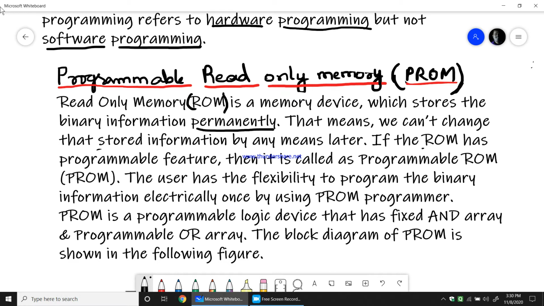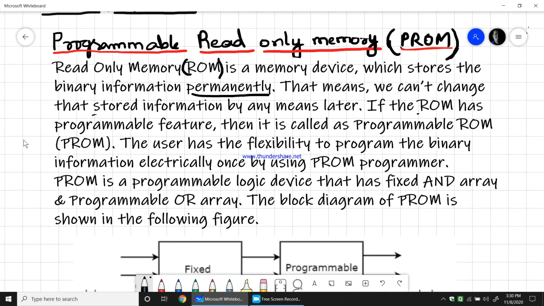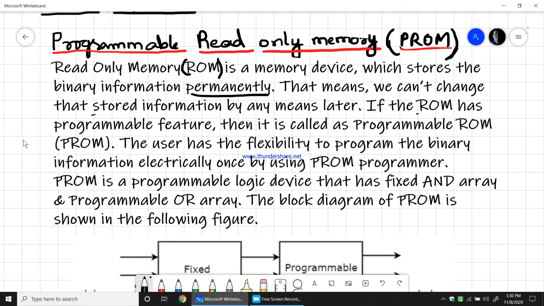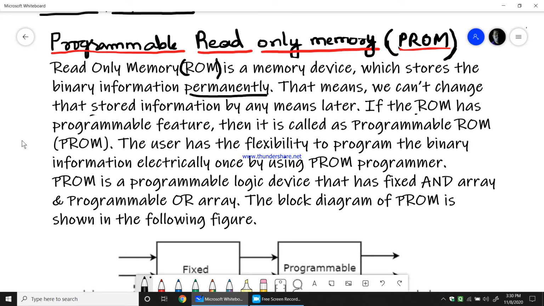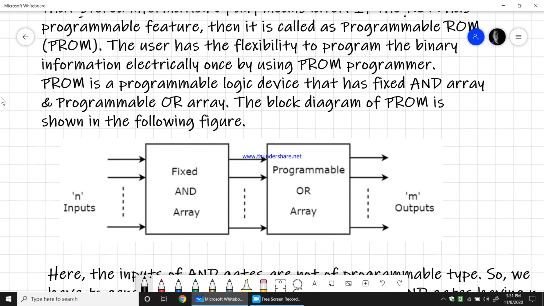So you can program the ROM device so that different tasks can be performed. When you take only ROM, it holds the information permanently, so you cannot change the data. It means that it is doing a single task.